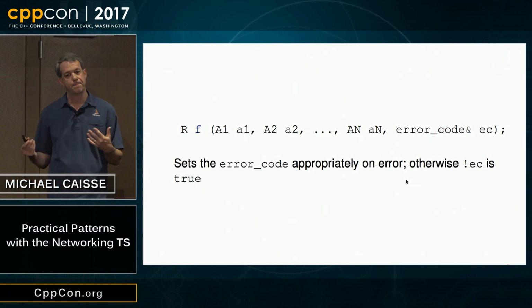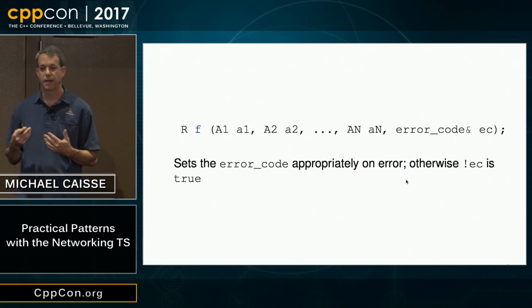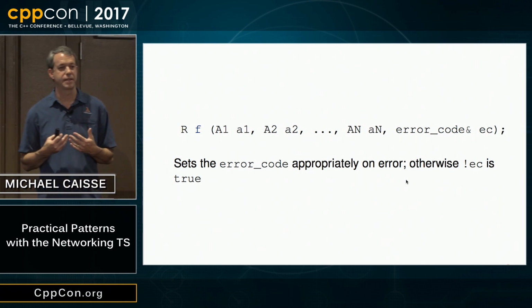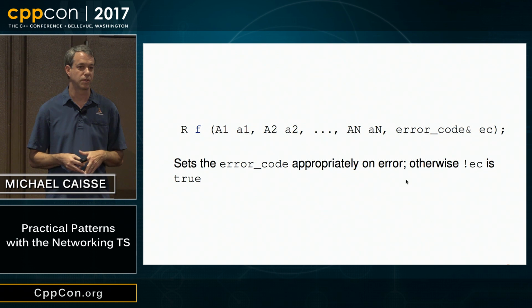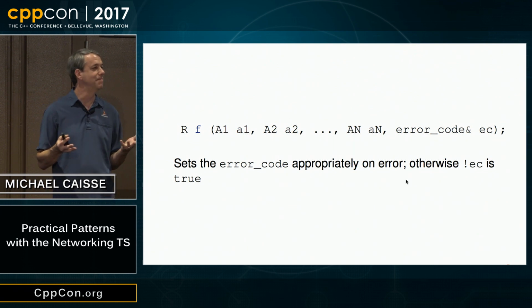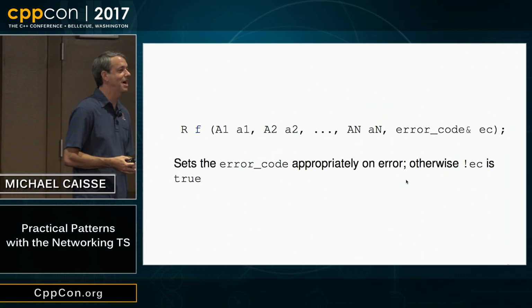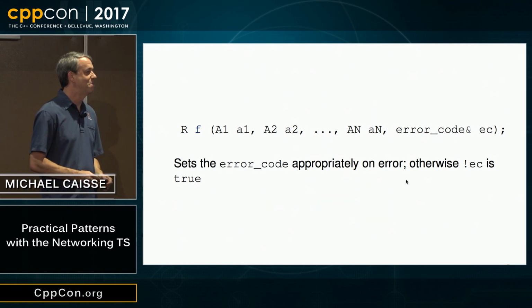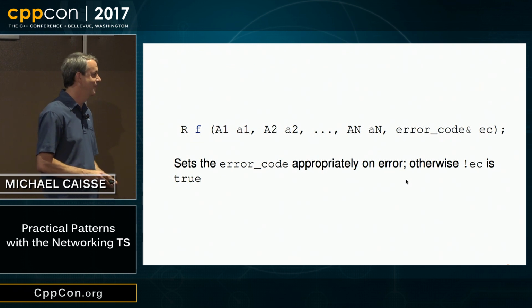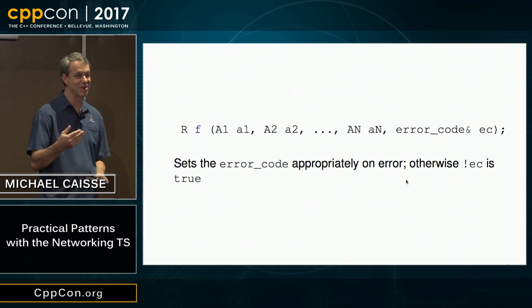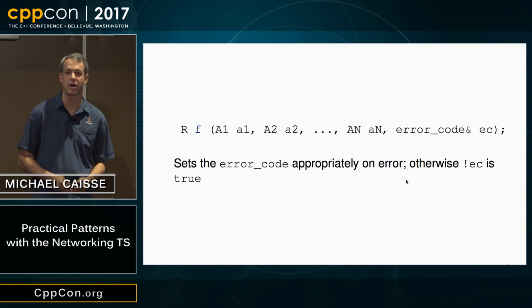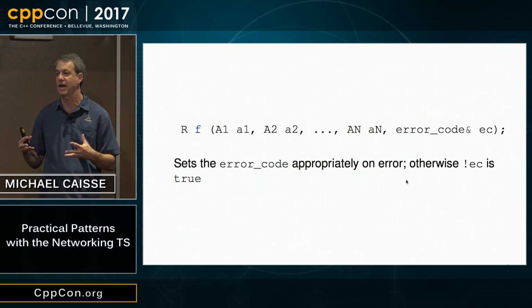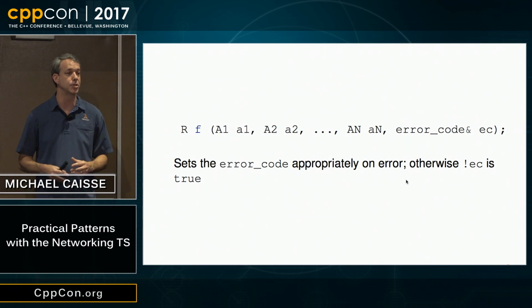So if you believe in exceptions as flow control, you actually might be at the wrong conference, but if you do, perhaps using exceptions is the way to go. But most likely what you're going to do is use error codes, and you're going to pass that along so that you can get the error back out and make decisions about what you need to do next.